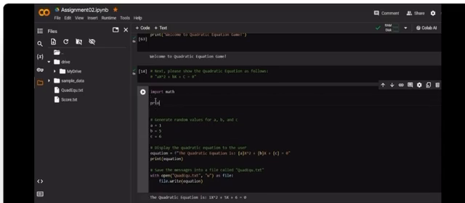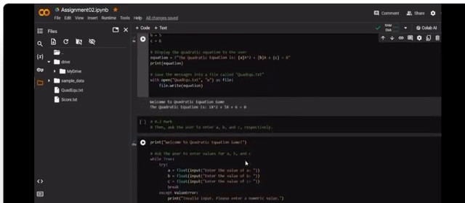I didn't really need it anyway. I actually don't need it, and I just put it there for no reason.